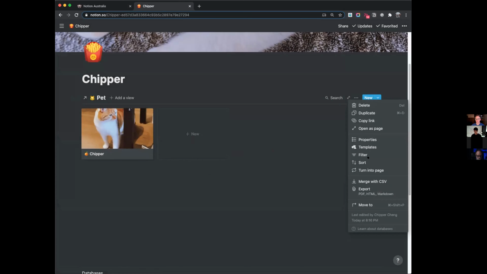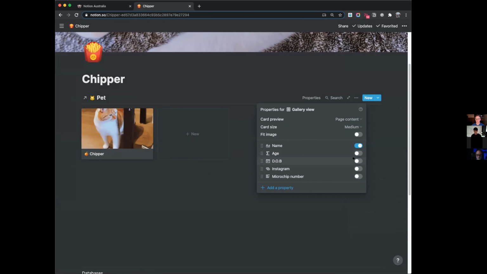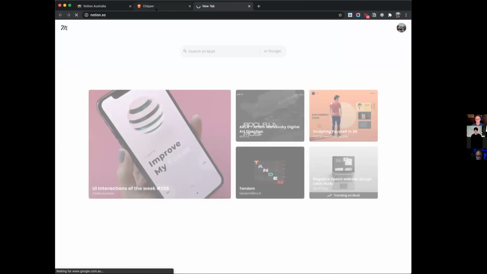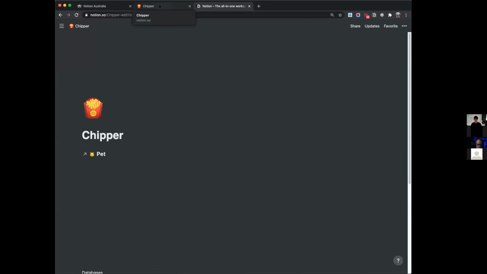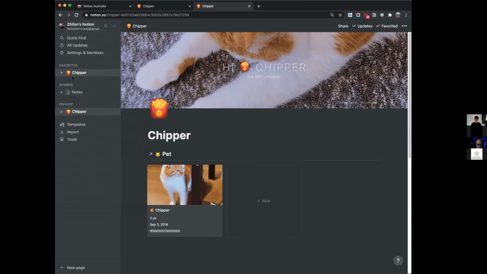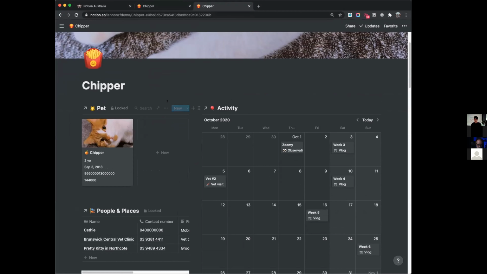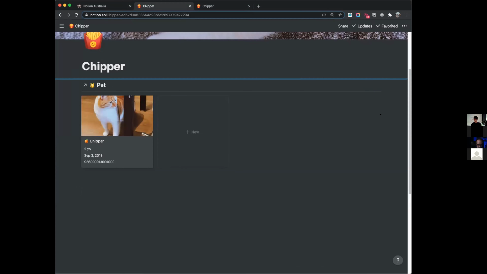And then on this page, I wanna see Chippa's date of birth, I wanna see the age, I wanna see the microchip number. Cool. So notice in my original design, which I'll probably just show here. Let me switch back. You can see that it's kind of sitting on the side. Now, if you just grab it, like typically how you would create a multi-column, it might not work because you have a database here.